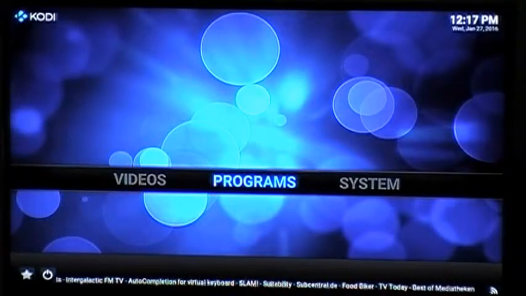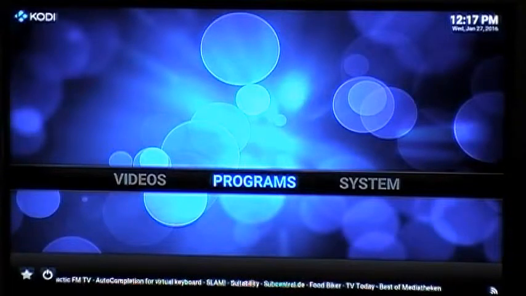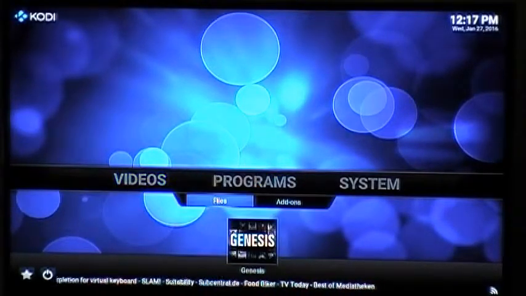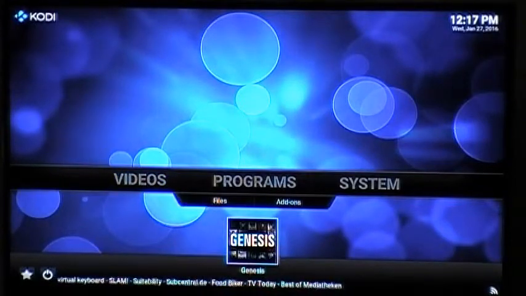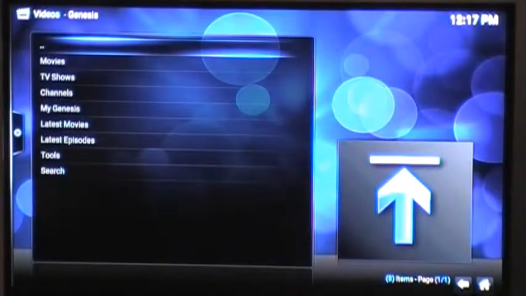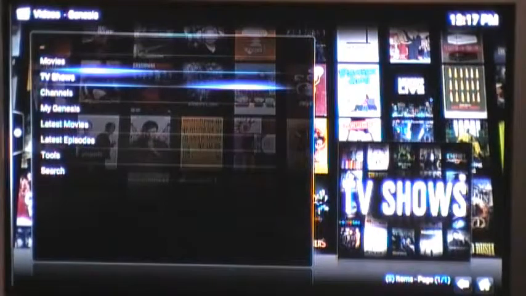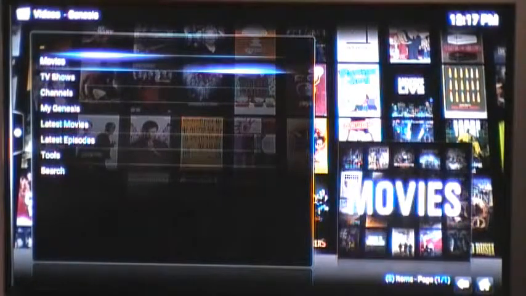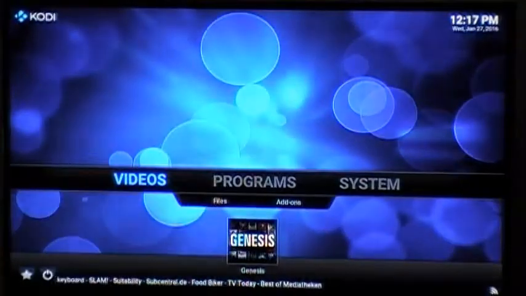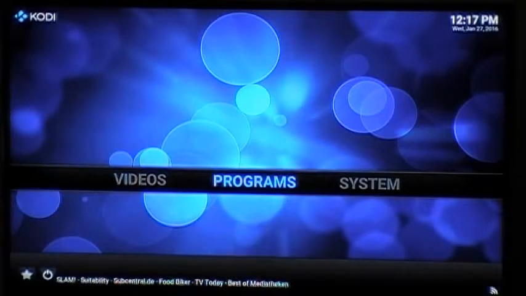Hello, we're here today to show you how to install Genesis right here. In case you're all curious, it's Genesis. This is what allows you to get your movies and TV shows for free. Now, the way you want to start this is after you start your Kodi up, you're going to want to